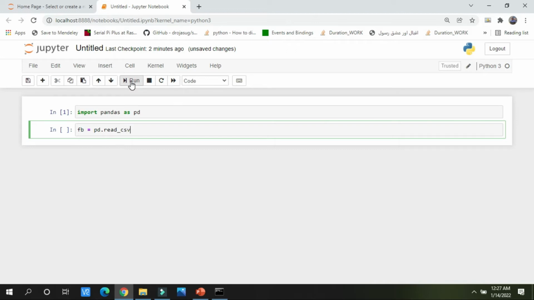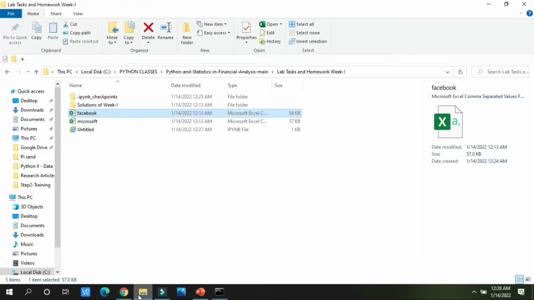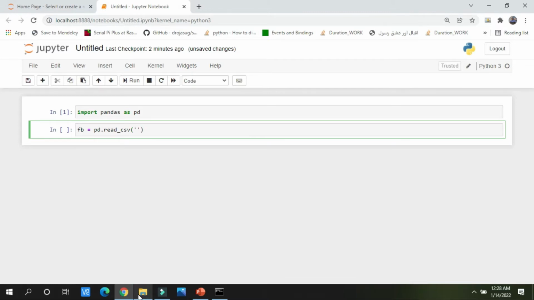What this function will do, this function has the ability to read your CSV file. Now I see the name of this CSV file is Facebook, so I will write in inverted commas Facebook, and the extension of this file is .csv.